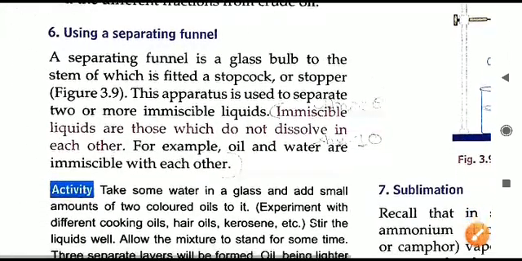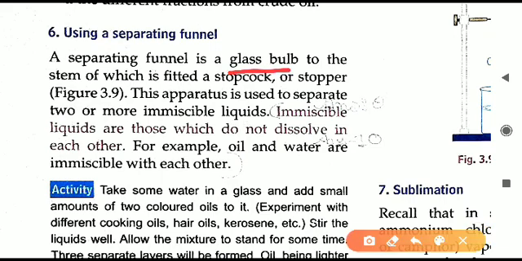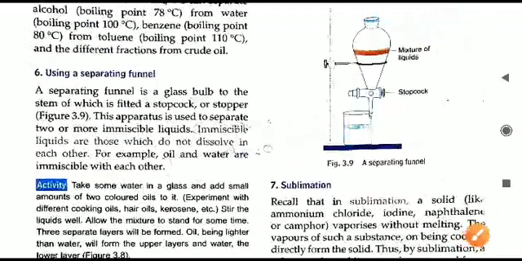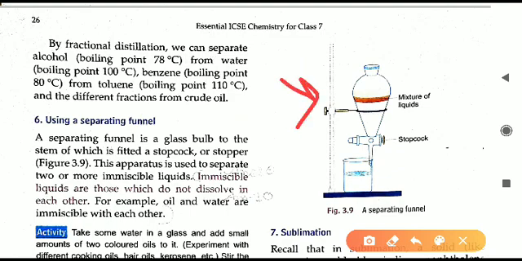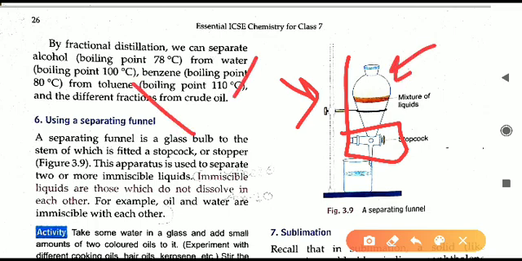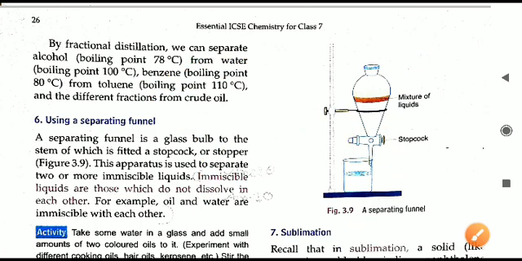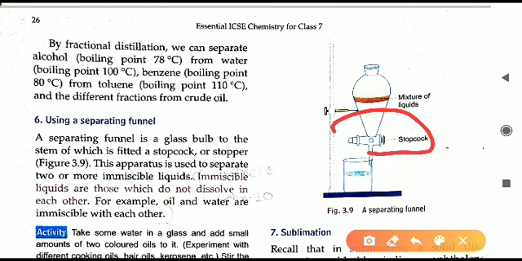Now we will move to the sixth point, that is using separating funnel. We are using a funnel. This funnel is what? It is a glass bulb, and at the lower part of this glass bulb what is connected is a stopcock, or like a stopper. You see now in the diagram, it will be more clear. Here it is given in the right side of this page. You can see this is a stopcock at the lower end, and above it is a funnel like structure. Funnel like structure means like a conical funnel we have seen in the distillation, similar to that only, but only one difference is coming, that is a stopcock is there.